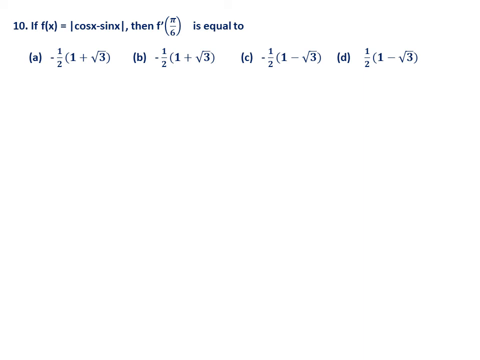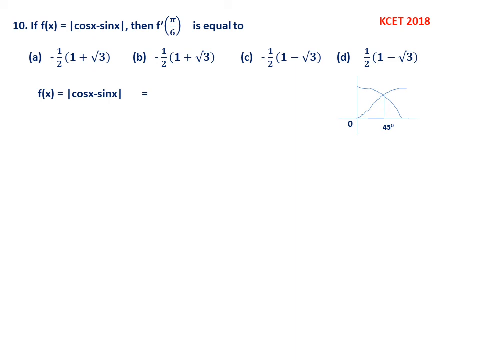How to find f dash of pi by 6 now? This is from 2018. So here what I do is, let us first try to understand what is the given function. See, one is cos x, another one is sin x. If you draw the graph, cos x graph and sin x graph, both are continuous from 0 to 45 degrees, no doubt. Second, up to 45 degrees, cos is more, sin is less.